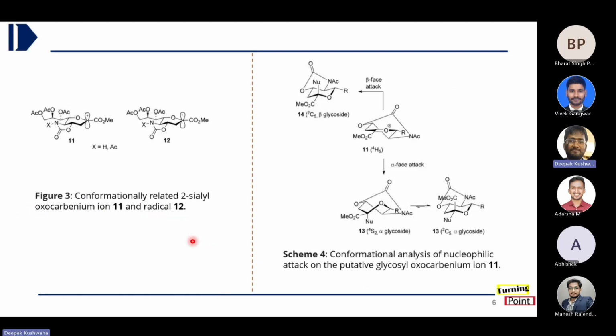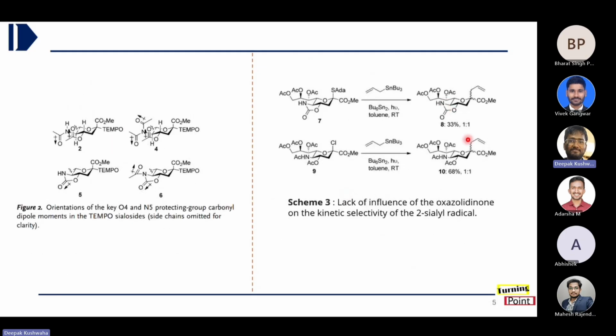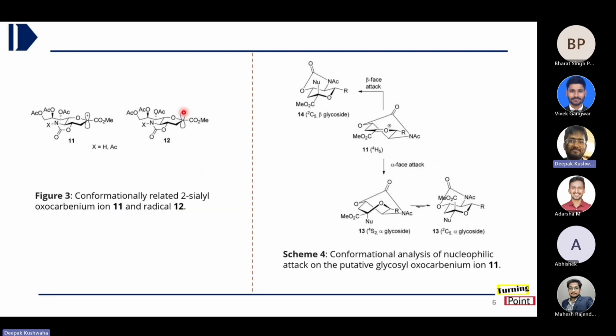What they are saying here is that they are keeping it close. When they are not obtaining the selectivity, they are thinking that in this particular case the radical intermediate is very close to the oxocarbenium ion intermediate. It is similar to that. That's what they are proposing. Maybe it is like this only, and again it will be planar. If it is planar, most likely it may not stay as it is. It may undergo this half chair conformation, and there they are